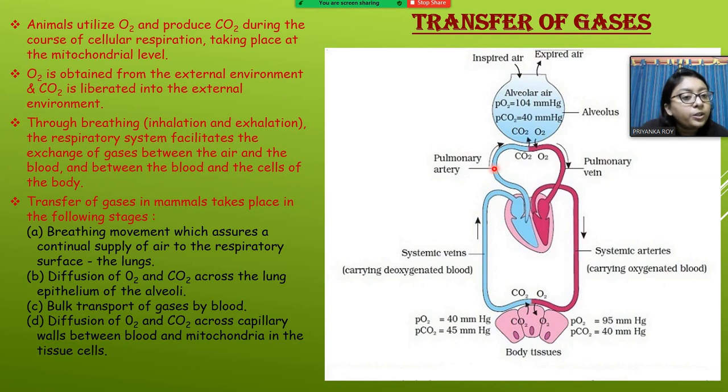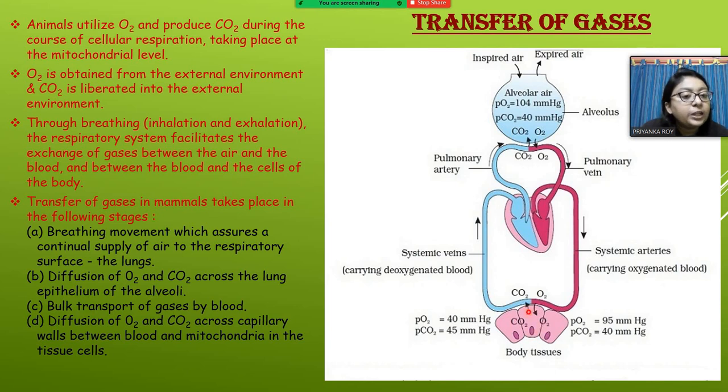Now this CO2 rich blood will transfer the CO2 into the alveolus, where the CO2 pressure is comparatively lower, and the oxygen pressure, since it is high, so the oxygen will rush into the capillaries, and therefore this deoxygenated blood will become oxygenated blood, and this blood will be taken via the pulmonary vein and it will ultimately reach the heart, from where it is pumped out into different tissues or different